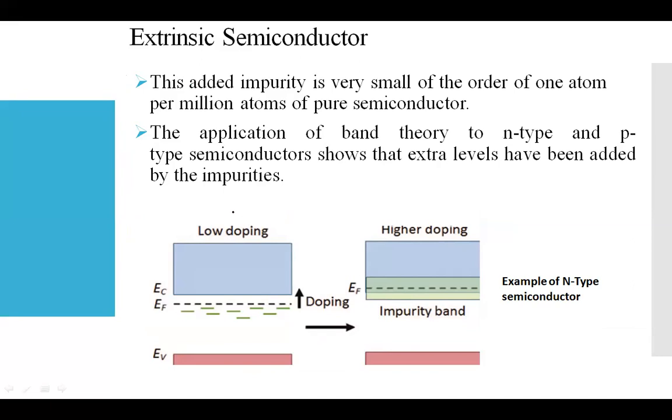Right now, the first case is the low doping process, where the amount of impurities we have added is low. In that case, how is the energy band going to be represented? This is our complete structure, this is the full band, right? By the doping process, the energy level, how it is going to be represented, is given here. So this is the energy band gap you can identify for the low doping process, right?